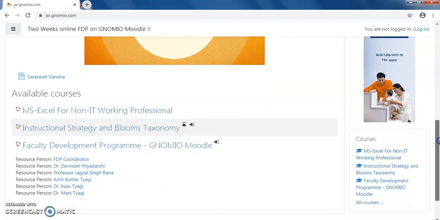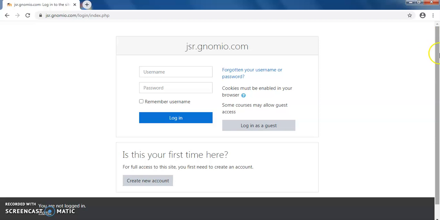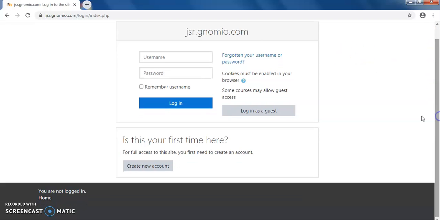Now you can see that this particular course, which I wanted to make self-enrollment enabled, has this icon. This indicates self-enrollment is enabled. Now click on login, and here you will find this particular tab is added.